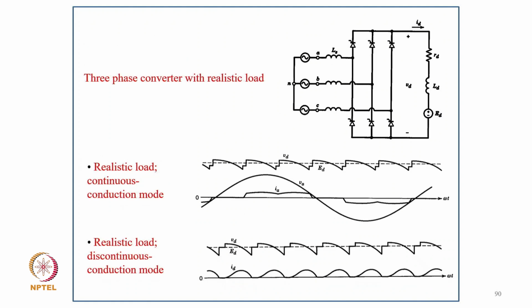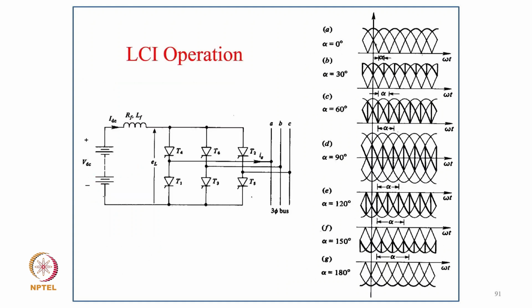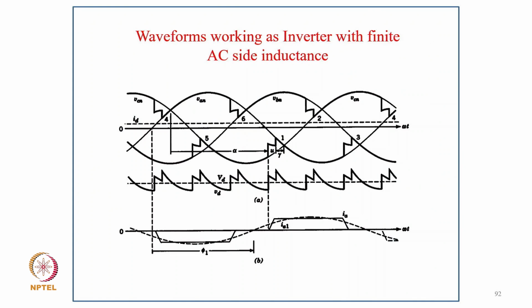So how do these different harmonics change with the source inductance, and the three-phase converter with a realistic RLE load, and realistic load with the source impedance, and discontinuous current, and then line converter inverter of this thyristor converter. How can you change the alpha even to higher than 90 degrees, so it works as inverter mode, provided the DC link current is controlled. It means you are supplying a reverse polarity voltage is applied, so that the DC side can become a source and can feed the power to the AC side.